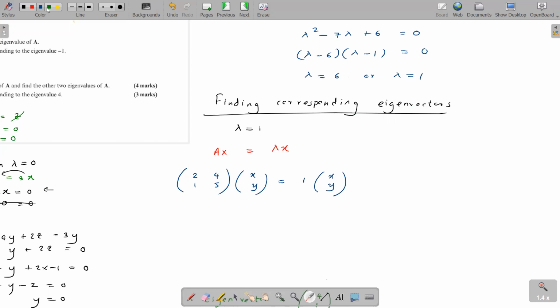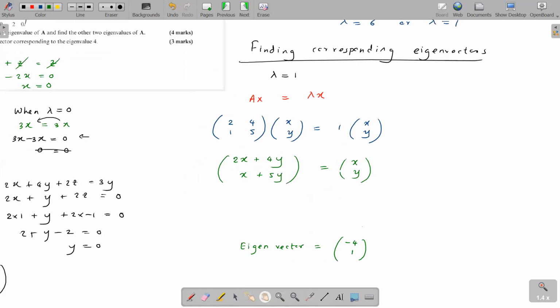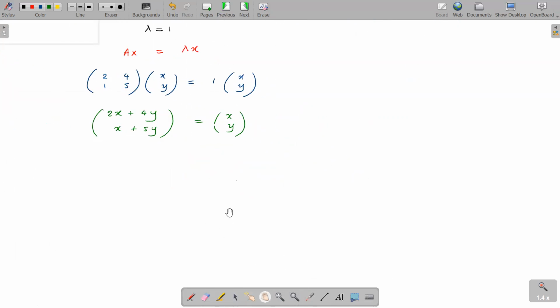Can you all solve this? What do we get here? 2x plus 4y is the first element. Next one, 1x plus 5y. Do you agree with me? Equal to 1x, 1y. So shall we make two equations here? What do we get? 2x plus 4y equals x. Basically, we get x plus 4y equals 0, right? And the other equation, x plus 5y equals y, which is again the same. Basically, I get x equal to minus 4y